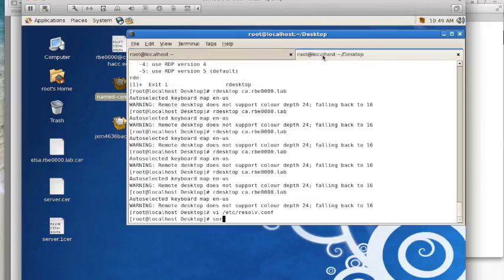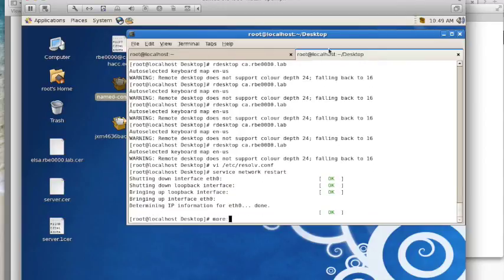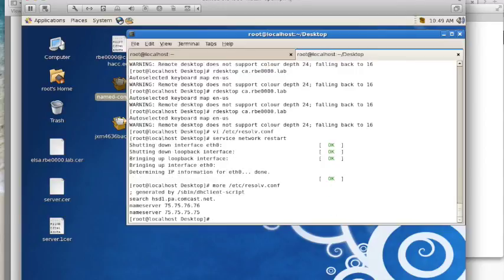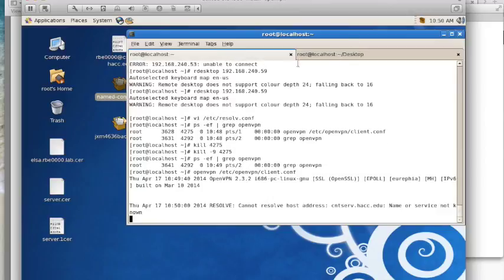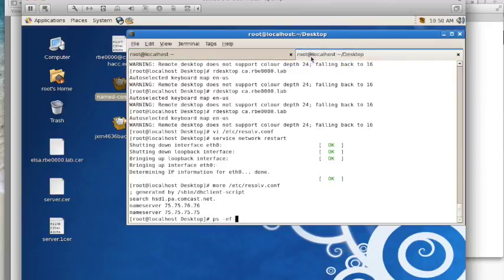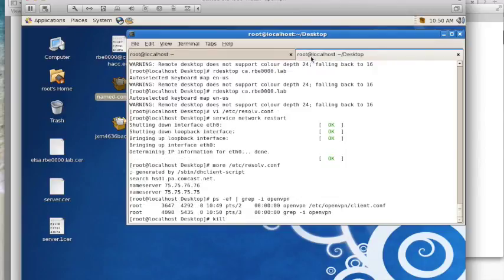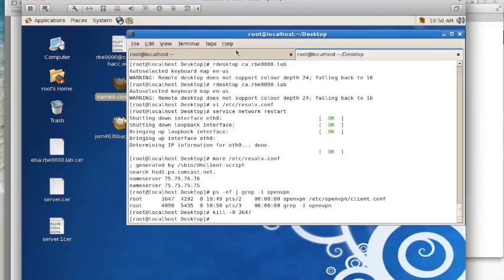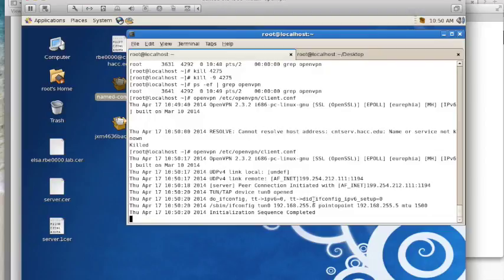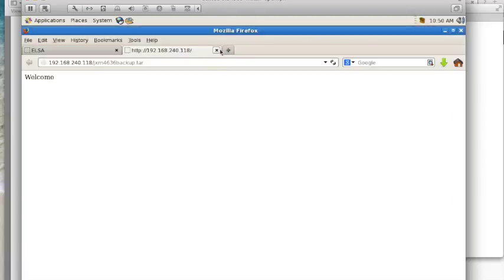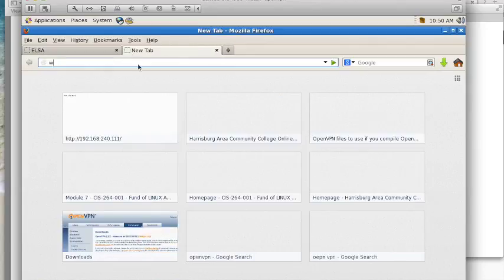So what I generally do is service network restart, and that kind of refreshes everything. That gets you back with the right thing in the resolv.conf. So now you should be able to connect, because you have the proper thing in resolv.conf. But now that I've reconnected, if I try to go to my page by domain name again,